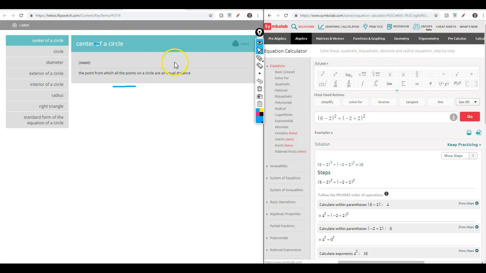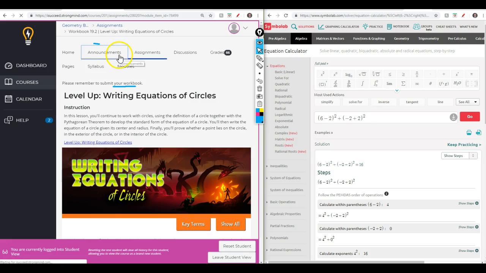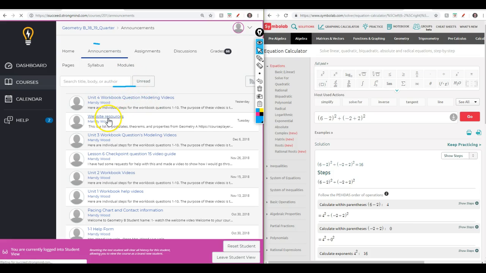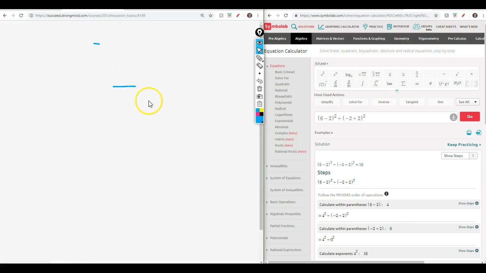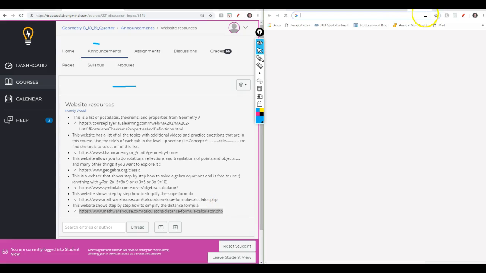I know I have one in the tab up here for announcements under website resources. This is how to simplify the distance formula. So I would just copy that,